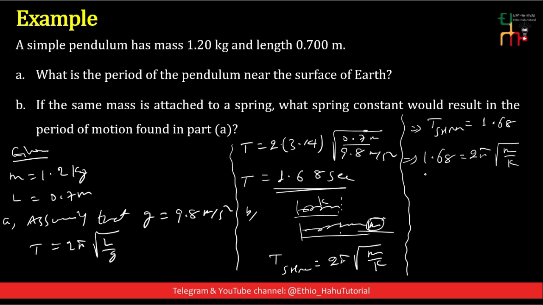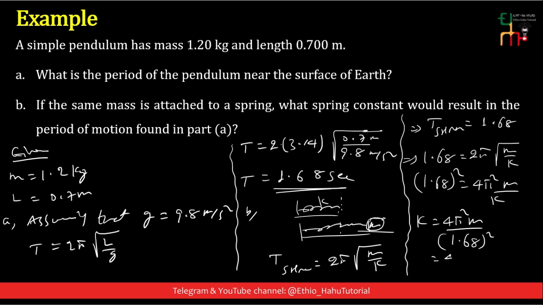Squaring both sides, 1.68 square is equal to 4 pi square m divided by k, and k is equal to 4 pi square m divided by 1.68 square. This is equal to 4 times 3.14 square times m, which is 1.2 kilogram, divided by